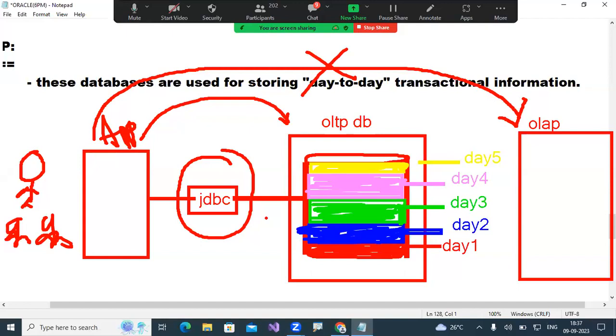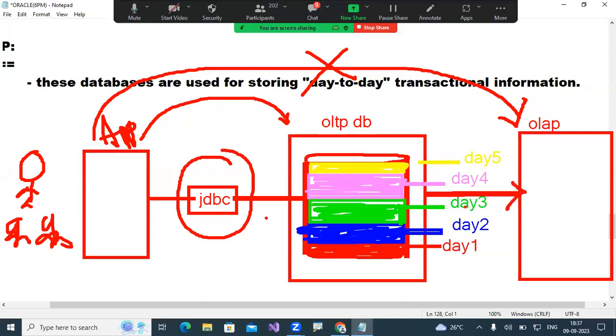But they introduced one concept for connecting from OLTP to OLAP.